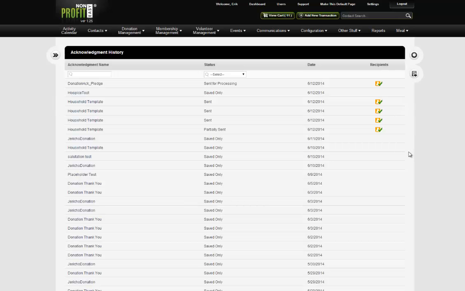So we hit exit, and we come back to acknowledgement history. This segues right into the next section, the acknowledgement history and the contact log. In the contact log, we can do the reprinting, and I'll do that in just a second. For every batch that has been sent or is currently sent for processing, you will get a contact log under recipients. If you want to see who you sent a batch to that has been completed or is being emailed out, you can go to recipients, contact log,